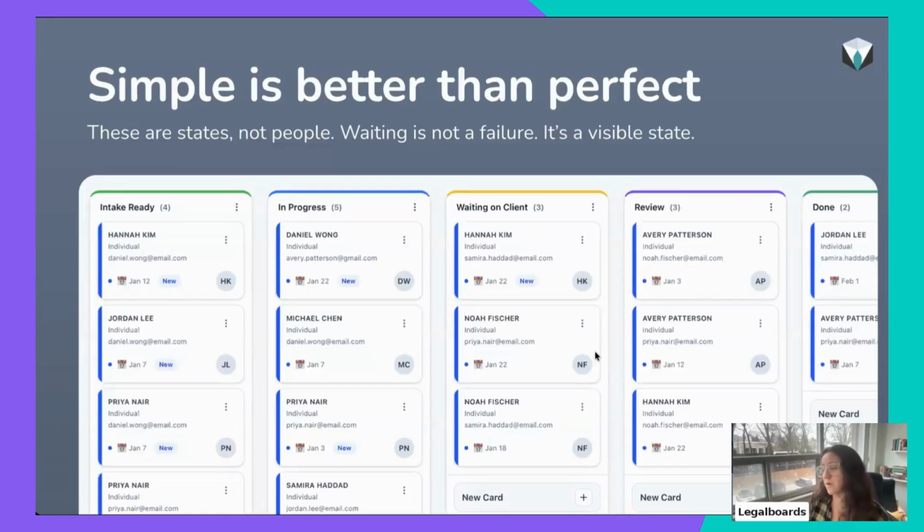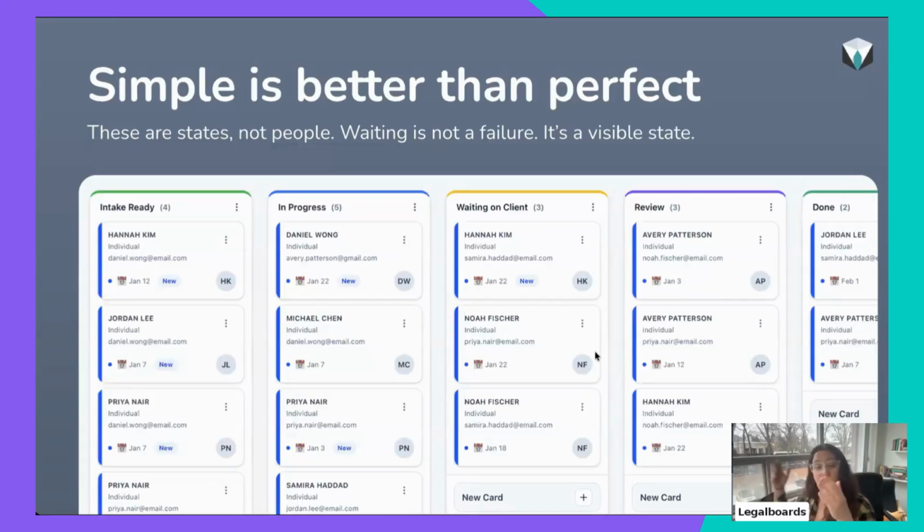The first topic that we talked about was defining ownership, defining your major tasks. This is the first level of visibility. Here I have a very simple one: intake, in progress, waiting. But if we are talking about divorce, we could have a phase for financial statements. If you are talking about real estate, we could have owner and buyer columns. So you can really adapt that and make sure you have the right steps. These are your major steps.